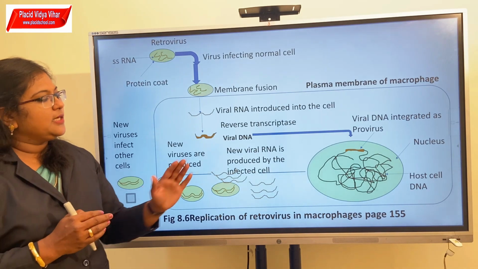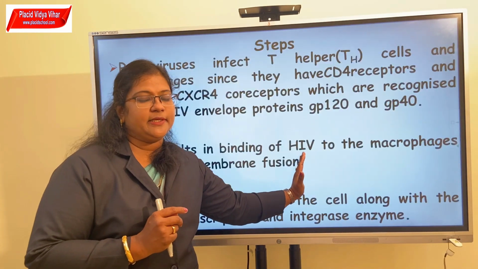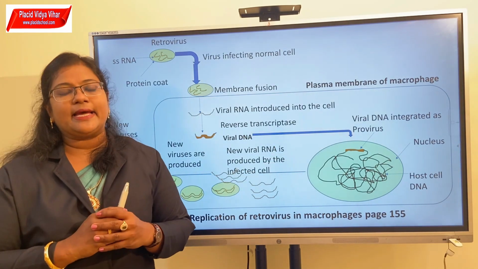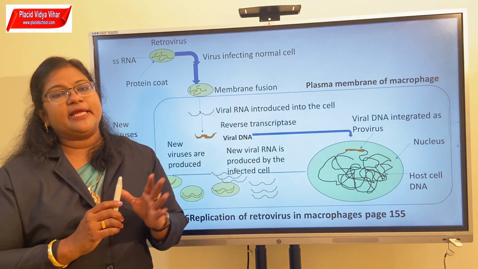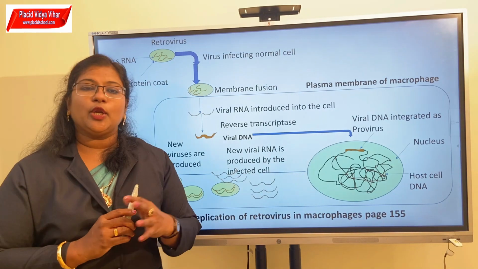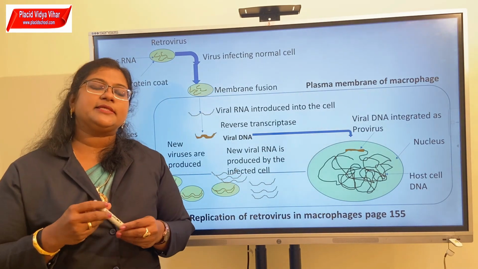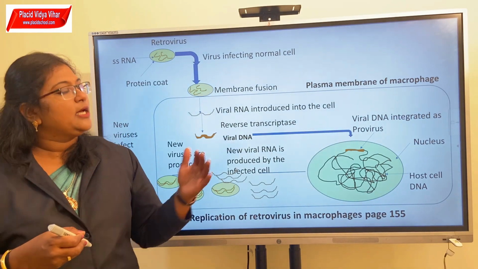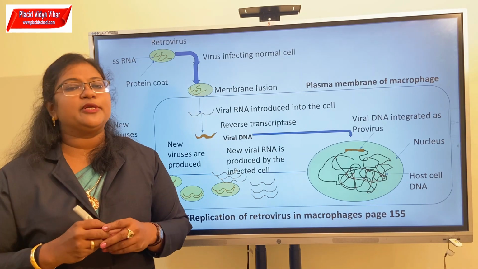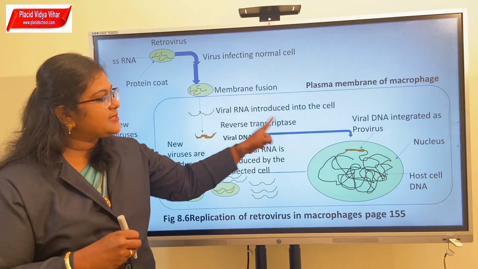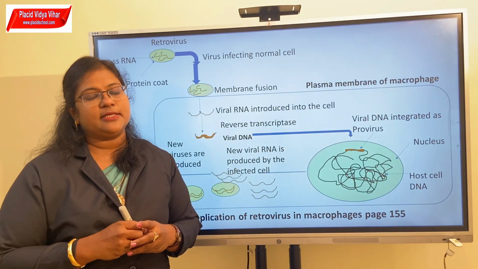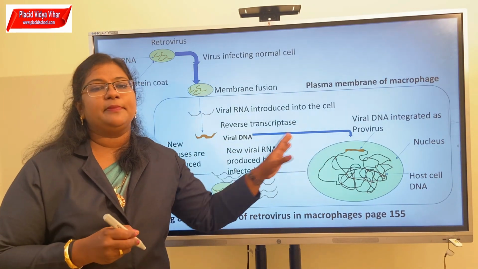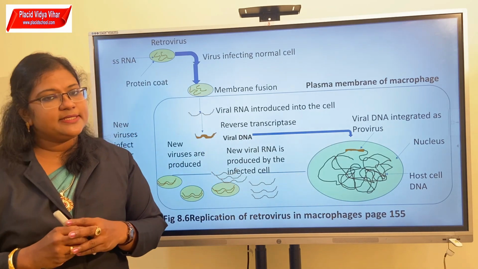Sometimes it happens that the infection will proceed only till here. The virus will be present in our cell in the proviral state and remain latent like that without producing any symptoms. This can remain for a long period. At that period, the person will not suspect he has AIDS, nor will we test him for AIDS and find any antibodies, because no antibodies will be produced at this stage. So this is the asymptomatic stage of AIDS. That means the virus will have entered, it will have integrated, but will not produce any significant symptoms.